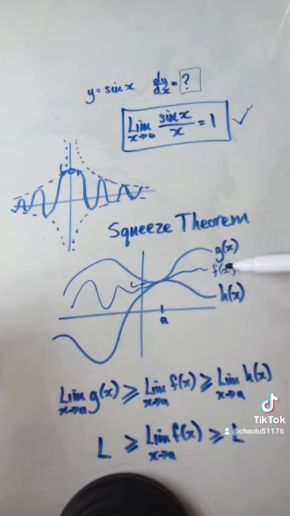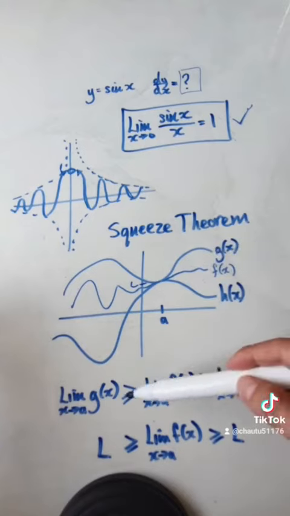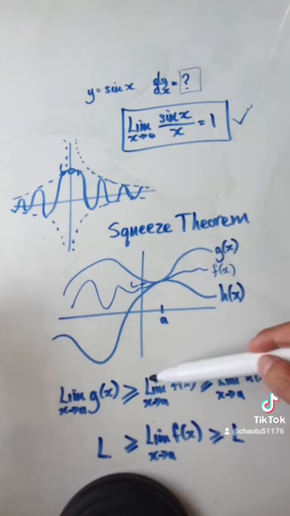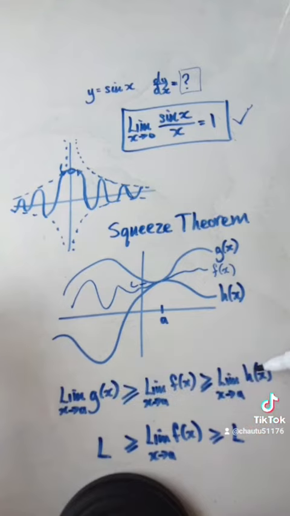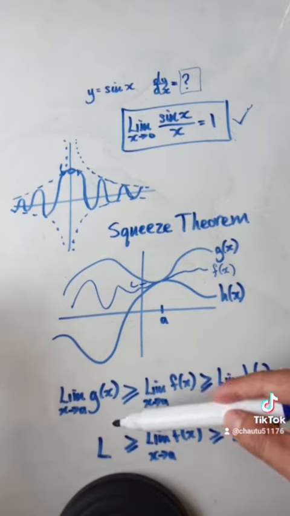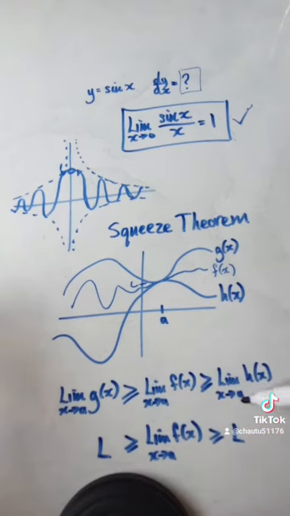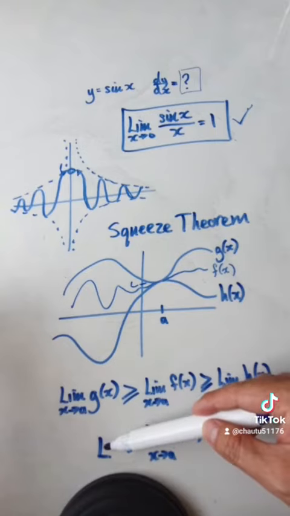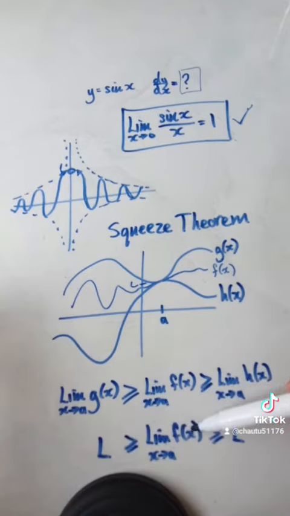the function f of x, because it's always trapped in between the two, will have no choice but to have the same limit as the other two. So that's what this is saying. If f is always trapped in between g of x and h of x, and h of x has a limit of L, g of x has a limit of L, then the limit of f must also